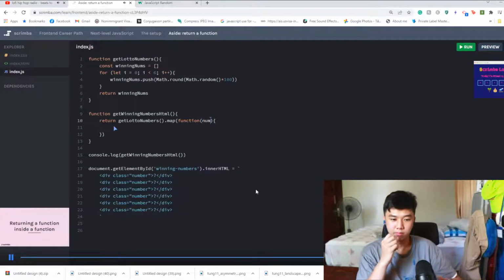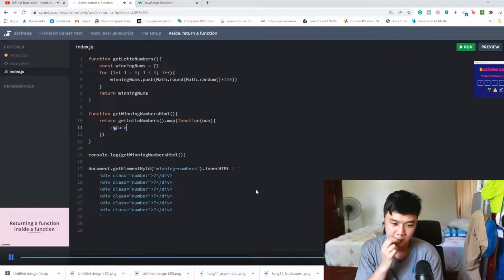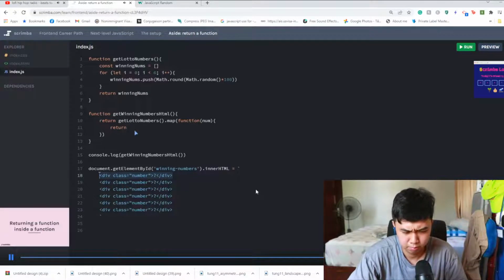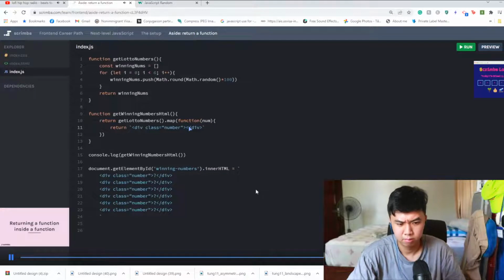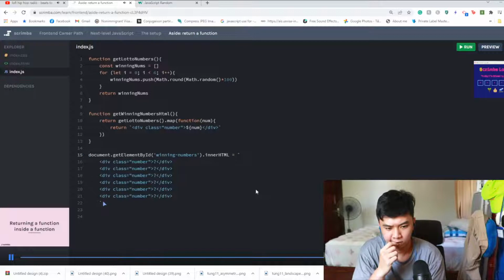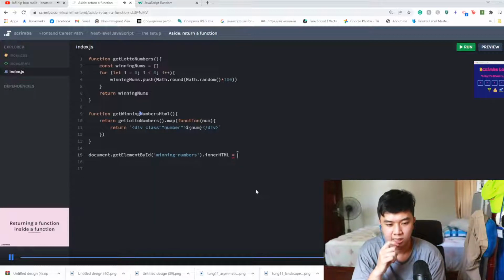Now in the body of the function, we are going to write our second return of the function, and what we're going to return is an HTML string. So I'm just going to put it here between backticks, and of course, instead of the question mark, we need to use the dollar sign and the curly braces, and now we can bring in num. Okay, now I'm going to delete this console.log, and where we're rendering out these hard-coded question marks, let's just call